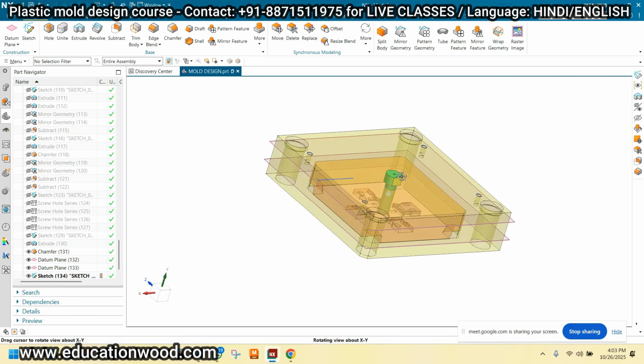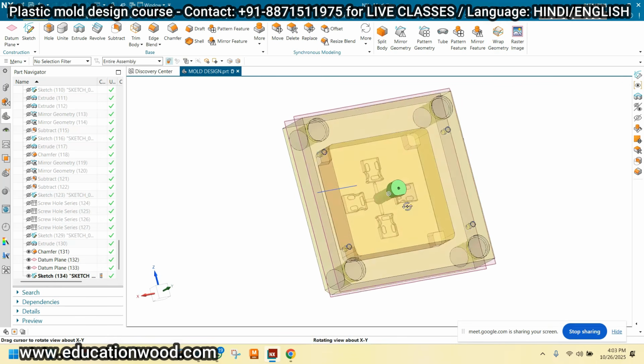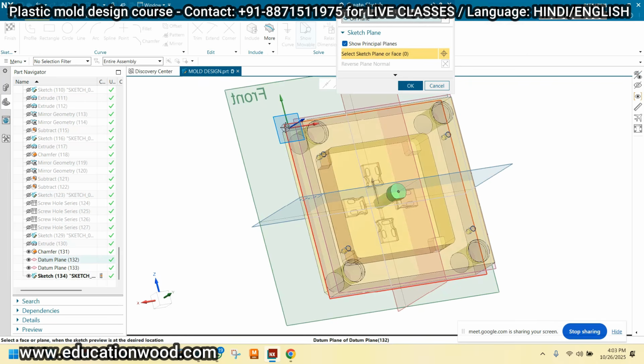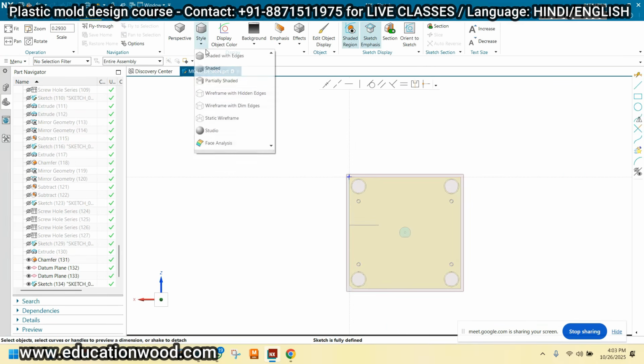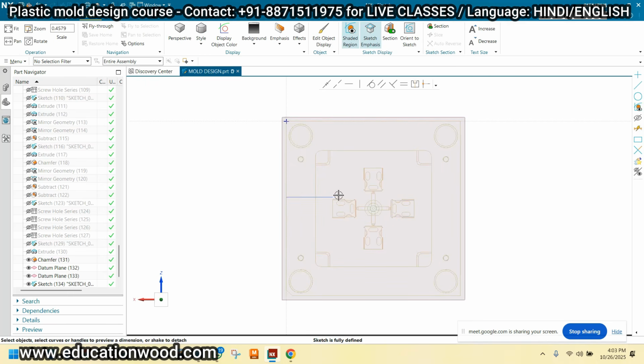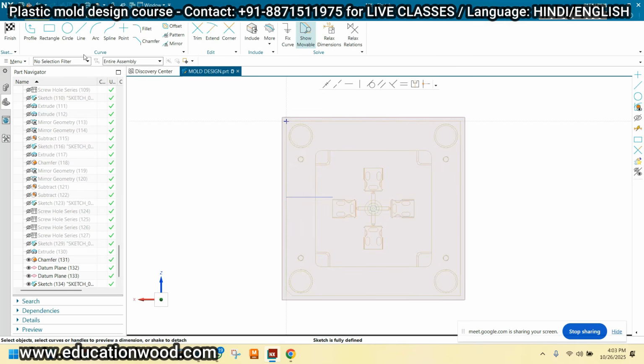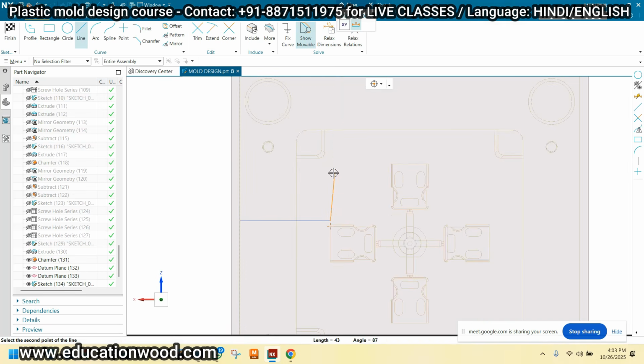Right now I'm just making a line. Now see, take the dimension here like this. Now take the partial. Take this, I'm just taking 50 mm. Okay, so this will be the 130 mm.